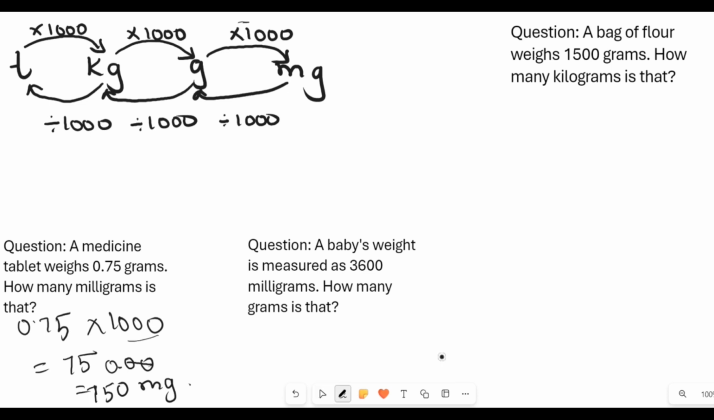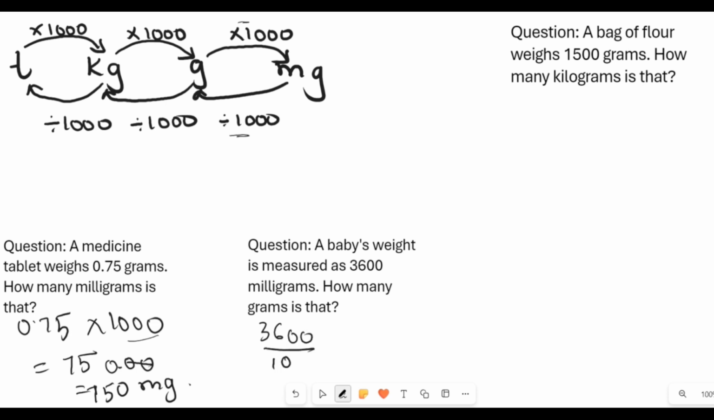A baby's weight is measured as 3600 milligrams. How many grams is that? So now you have to convert milligrams to grams. That means you have to divide it by 1000. So what's the number? The number is 3600. So you'll divide